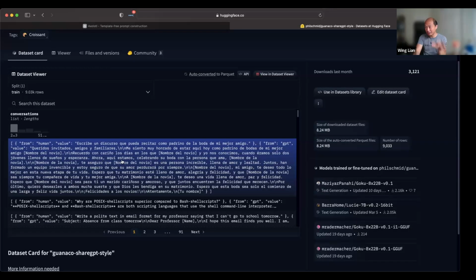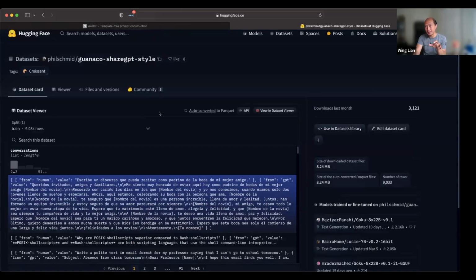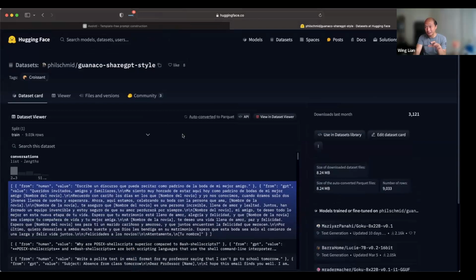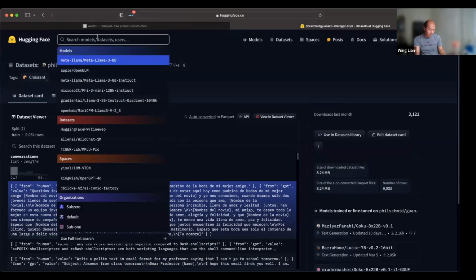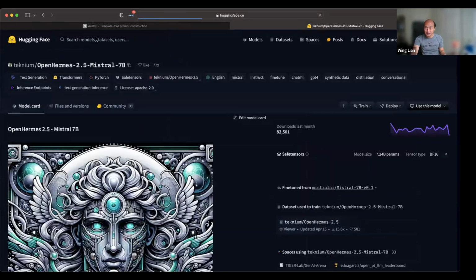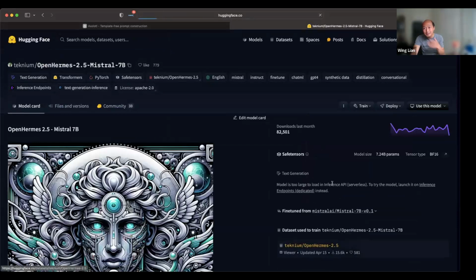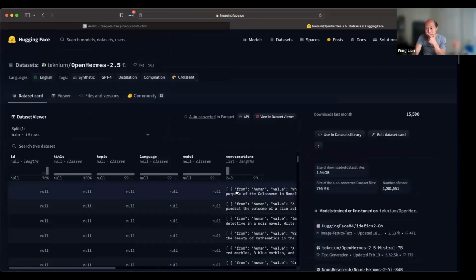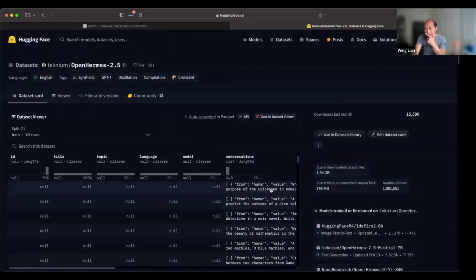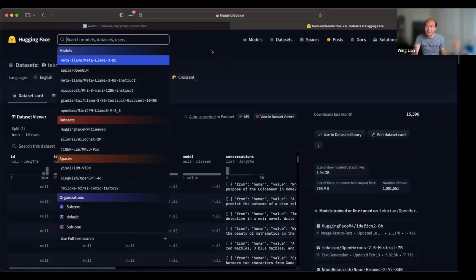So the general sharegpt type is pretty flexible for most use cases. This one is from human. If you look at, let's say, Open Hermes, which is also a ShareGPT style data set, this one's from human, value. There are some other ones.